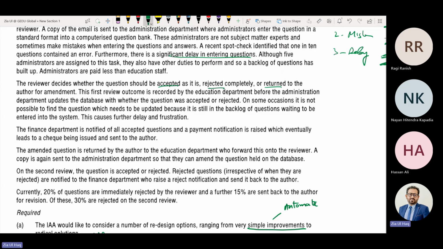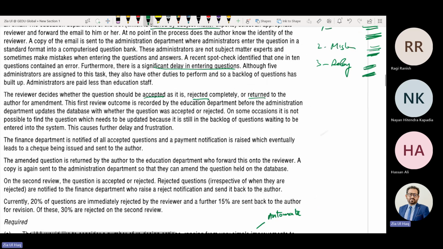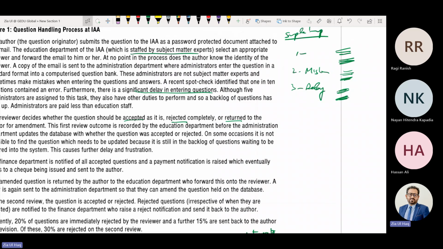And if the reviewer said rejected, the time of first entry of the question, then revising, changing the question, then finding it in the database and removing it, this is a huge time and cost the business is losing. This cost could affect the profitability of the organization. So number 4, again, before the reviewer outcome, you are amending the system and the database. This should be amended, even entered into the system, after the review outcome, not before.